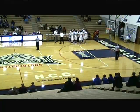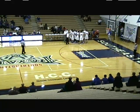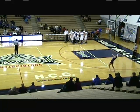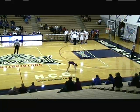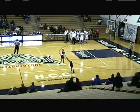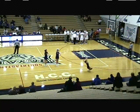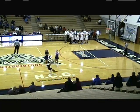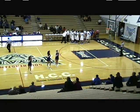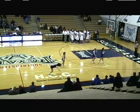And a 30-second timeout called by head coach Calvin Bembry, the JV Royals, as a defensive lapse right there leaves Tanner Watkins all alone underneath the basket for an easy 2. And it'll give the Raiders their first lead in this contest. They lead 6-5. And exactly halfway through this opening quarter of play, you're watching Royals basketball on